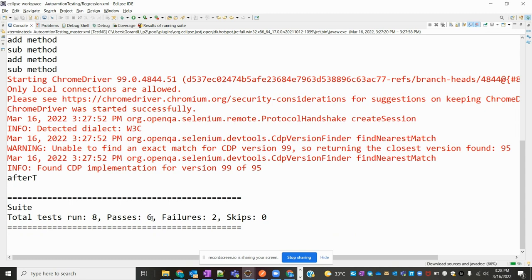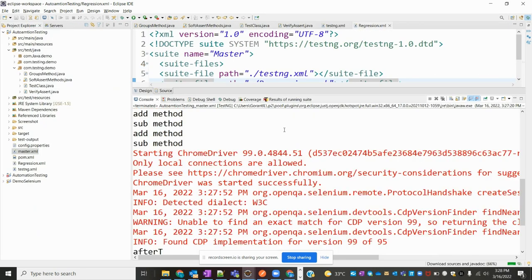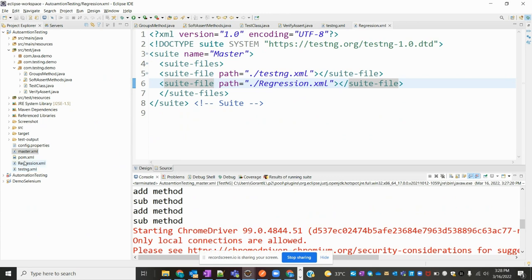Now, of the 8, 6 pass and 2 fail, correct? And the same way we can do it for our groups also. How can we do groupings? In the regression class, if you see here,